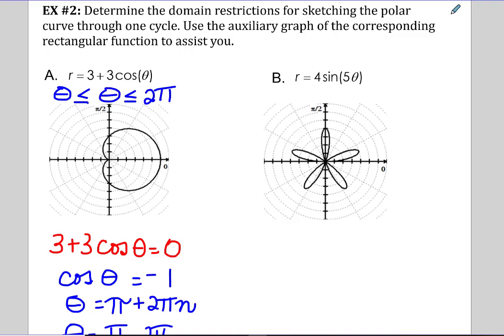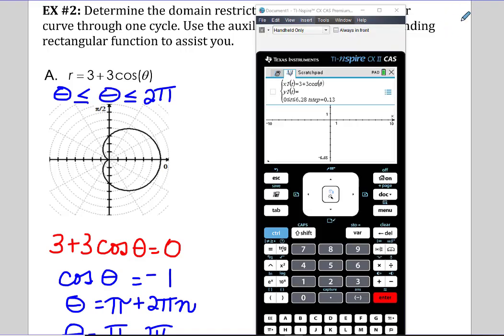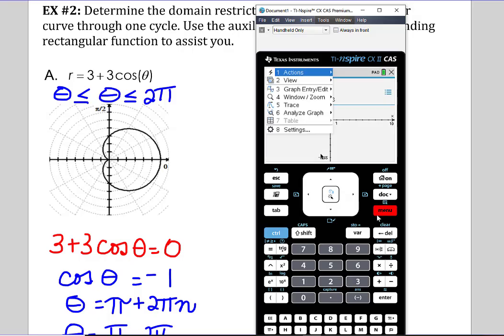And let me pull up a calculator here for a minute so you can look at the behavior. If you look here, if I graph 3 plus 3 cosine theta, you notice that the step function goes from 0 to 2 pi. And if we take a look at that graph,